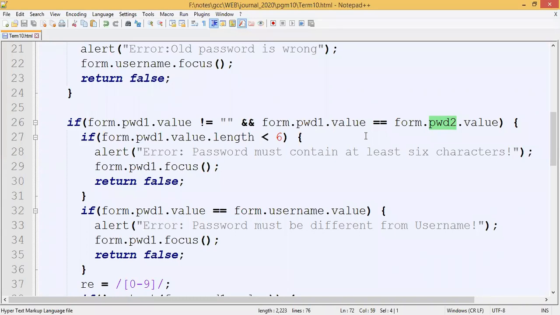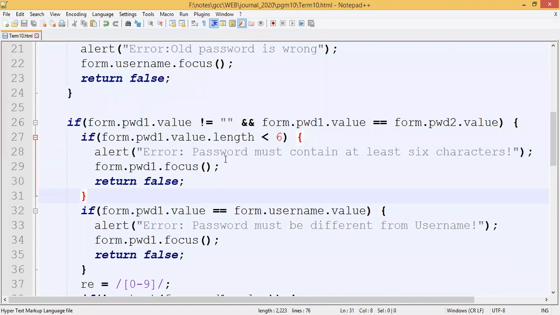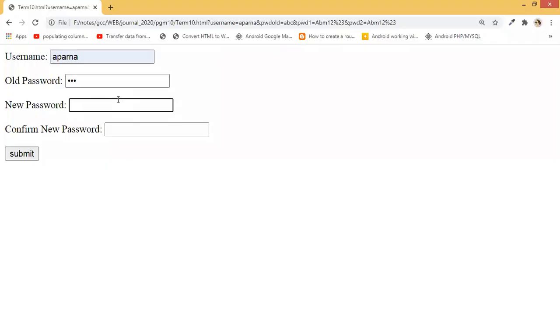Then only it is going to enter inside this particular if condition. So if the value entered here is not blank, which means some value is entered, the same value also has to be entered here. These both have to match, new password and confirm new password. Then it enters into the if condition.